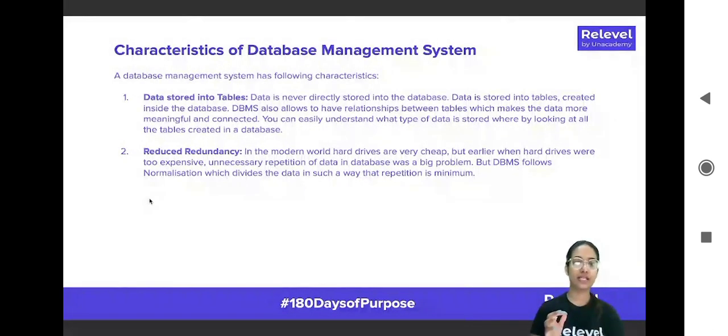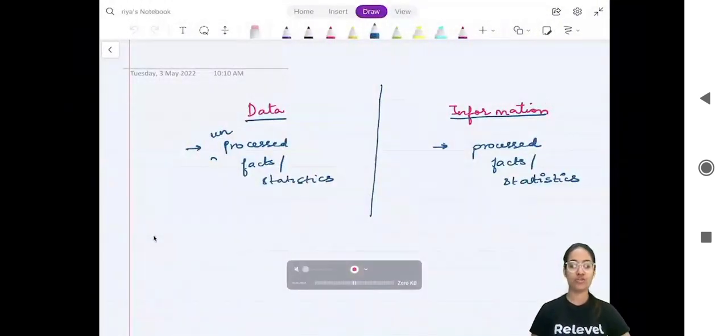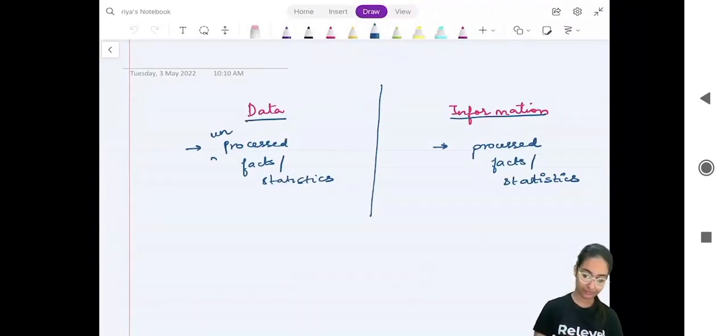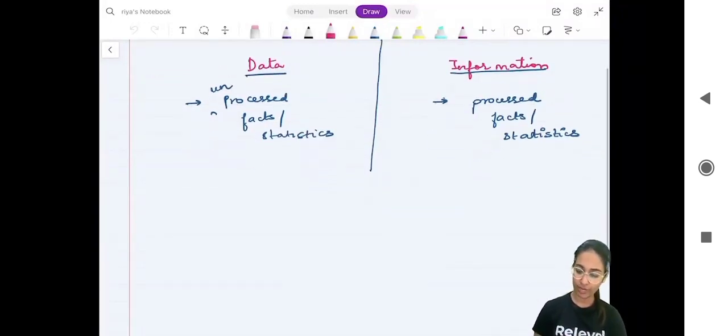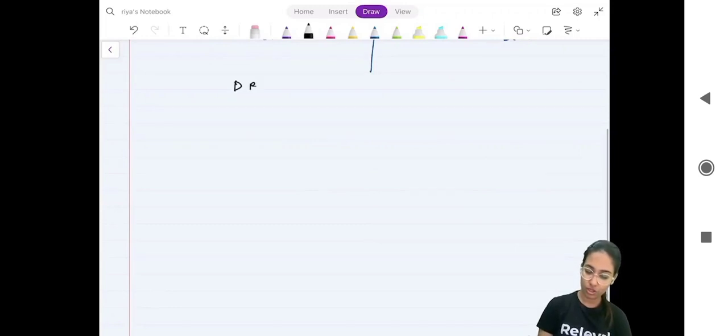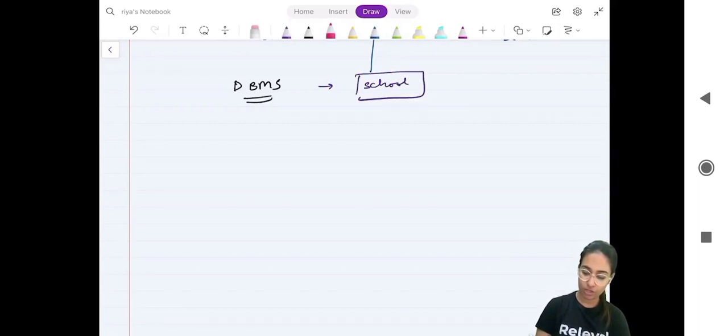The first is that the data is stored in tables, right? Data is not just thrown directly into the database for the software to take care of. Everything is done in a tabular format in database management systems. Let me show you. Let's say you have to use the database management system software to store a school's information, right? So what you will do is create a table,